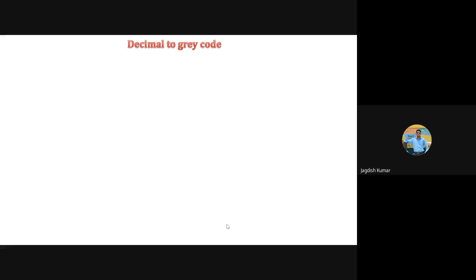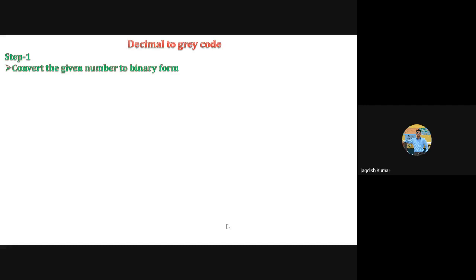Now, today we will see, suppose we have to convert a big number like say 50, 76, 97, or 150. For those kinds of numbers, it is not possible to write down the counting all the way from 0 up to that number, right? So there is a way to convert from decimal to the corresponding gray code and back from gray code to decimal. In today's class, we will talk about how we can convert a number given in decimal format to the corresponding gray code.